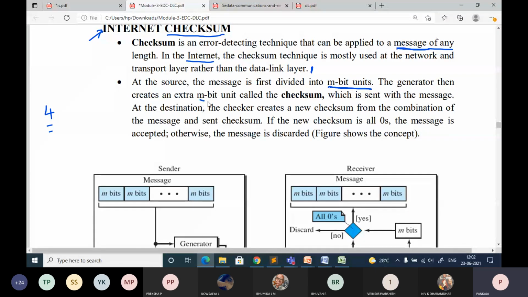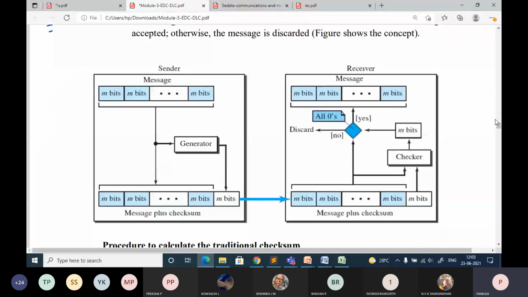After dividing the message into m bits, you can observe the diagram. This is my data that I want to send. Before sending, I need to add the extra bits that will be useful for error detection at the receiver side.